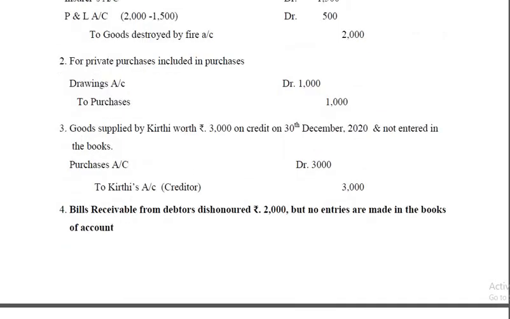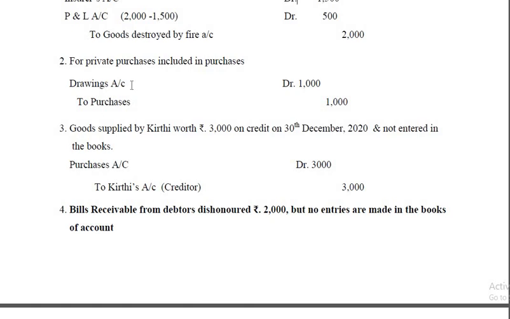Goods purchased for private purposes, included in purchases. So purchases include private purchases of rupees 1,000, and therefore that's not meant for resale. So purchases should be reduced to that extent, and it's as good as drawings. So drawings account debit to purchases. So this value 1,000, goods purchased for private purposes, should be